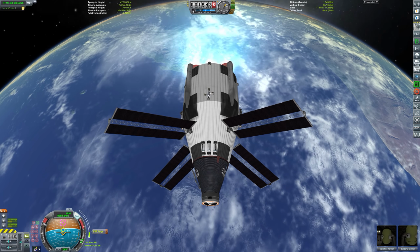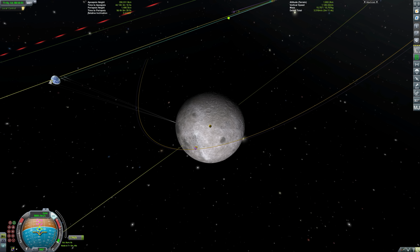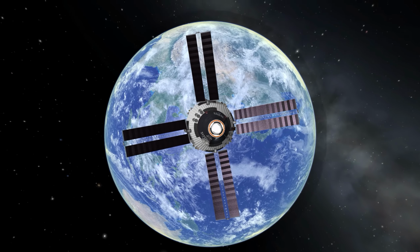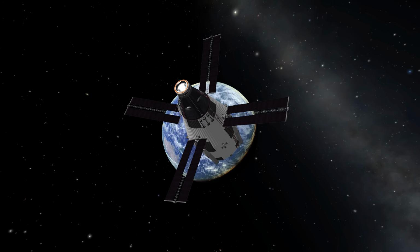They also had a corned beef sandwich sitting there in the pilot's seat as well. That's obviously a reference there to John Young, who sadly died this January 2018. Just finalising our burn there to the moon, bringing our periapsis there around the moon right down to around 100 kilometres. And as we let the Earth there slowly fall away from us, we can again be inspired by those